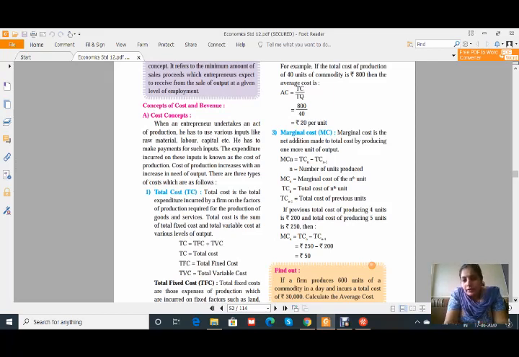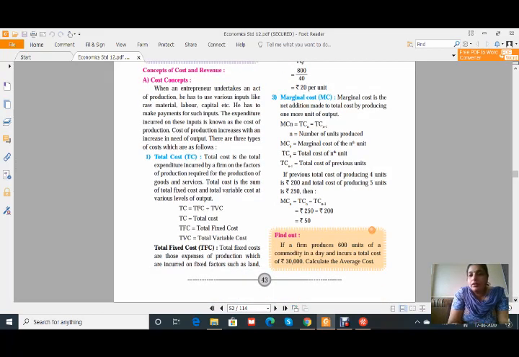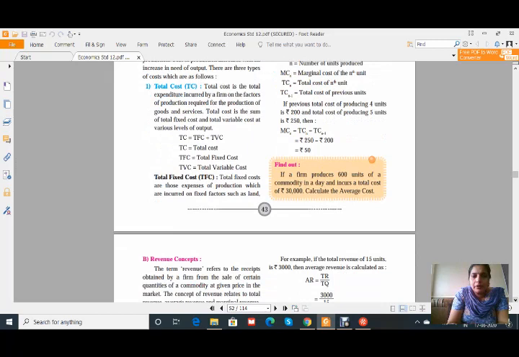It will become clear with the example. Total cost of producing 4 units is 200 and total cost of producing 5 units is 250. Then MCn, that is total cost n minus total cost n-1, that is 250 minus 200, will be rupees 50. See, marginal cost, we cannot say that it is per unit in the same way, because average cost is always calculated per unit. Marginal cost we can say is a per unit cost because it is the change in the cost if we produce one more additional unit. Okay, I think all of you are getting clear about this.